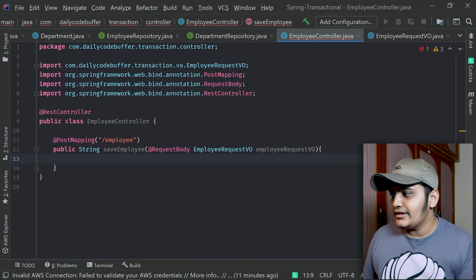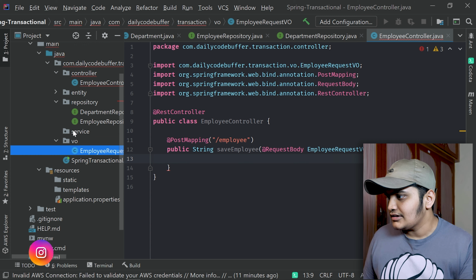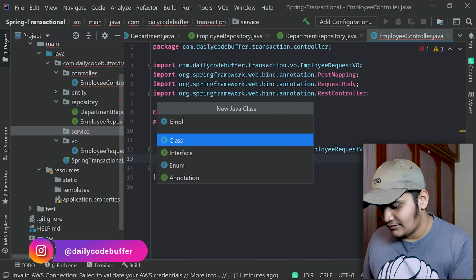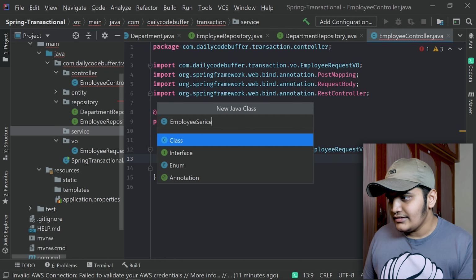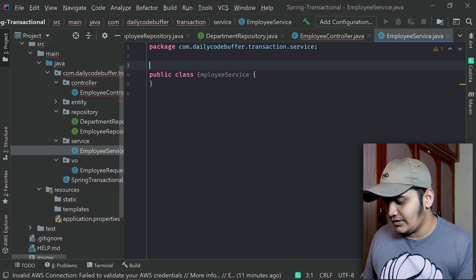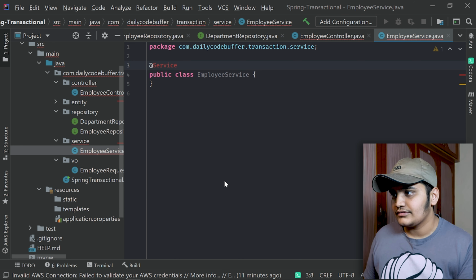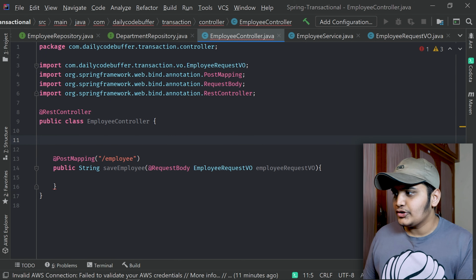So here we'll be needing the employee service. Okay, so let's create the service. We'll create the new Java class EmployeeService, and I'll annotate this with the @Service annotation. Now let's go back to the controller and use the employee service that we have created.